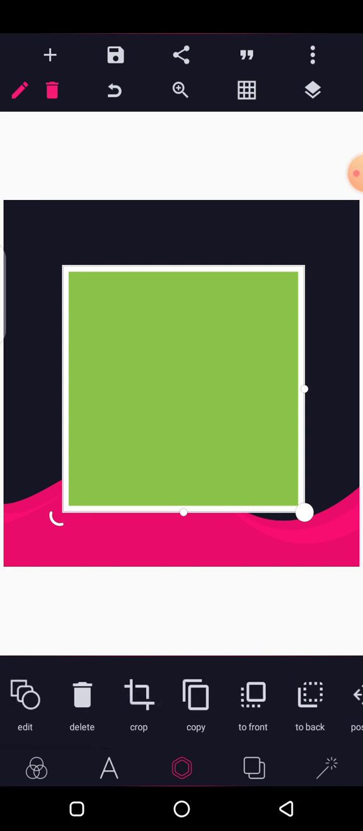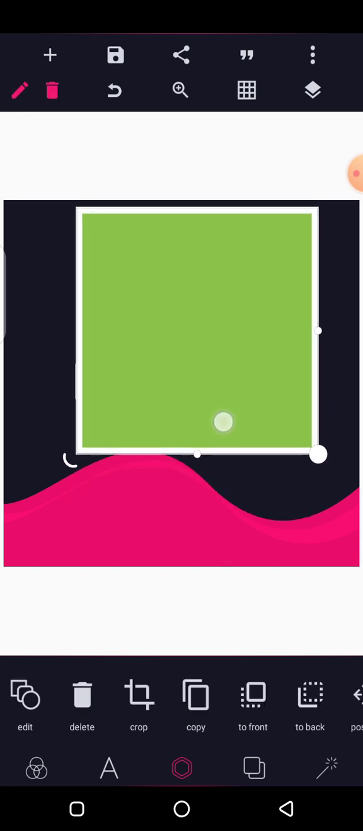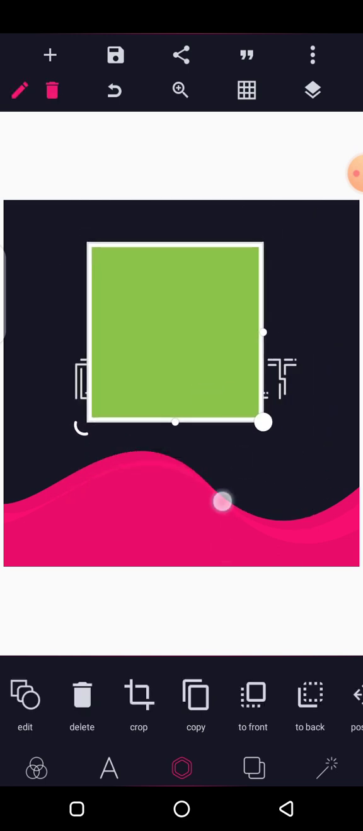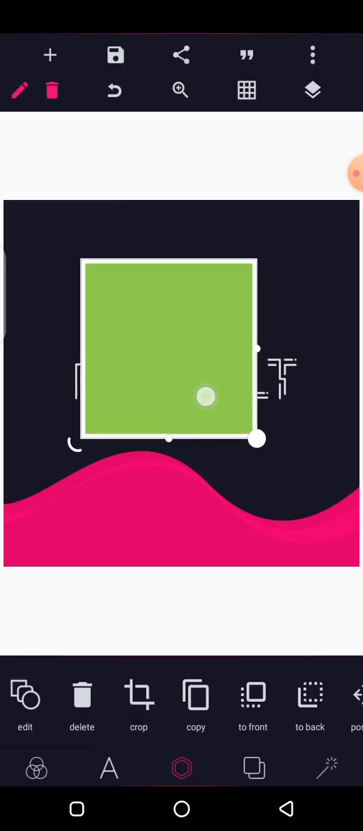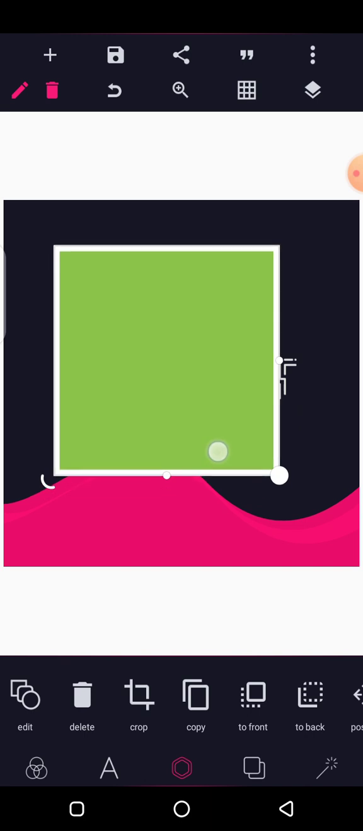Then you can also add shape on PixelLab like this using this icon. You click on it, it will take you back to where we were. So the same thing we did, you can also do it here. So that is just for shape,